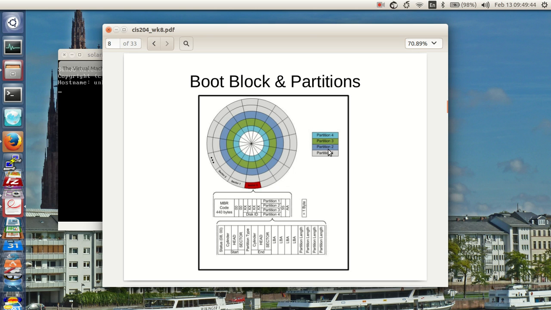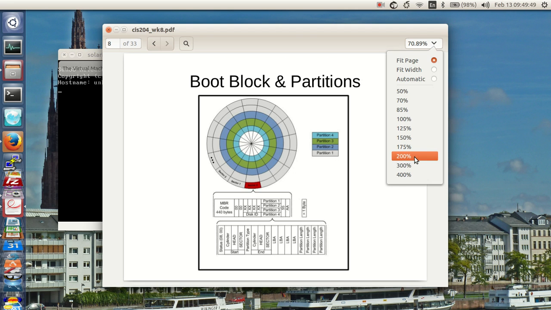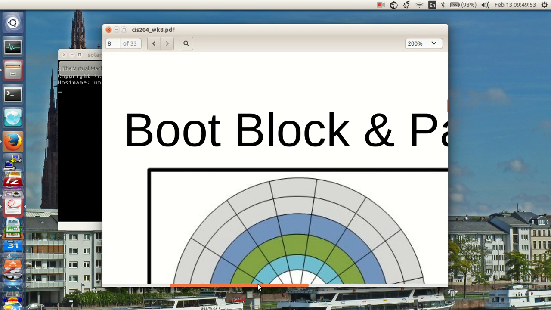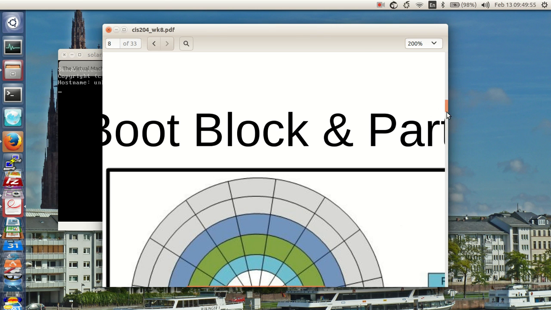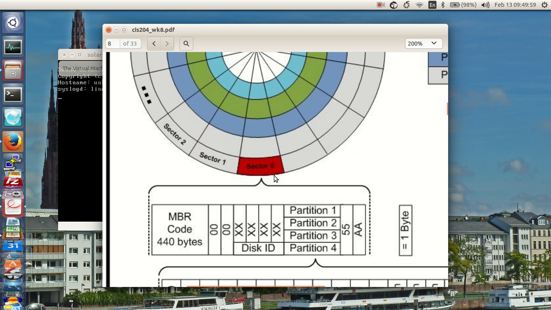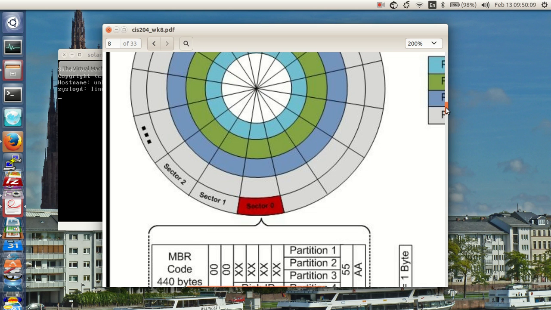So, boot block and partition. I want to scan up on this a bit; we'll take a look at this in a little better detail. Sector 0 contains that boot block. That master boot record is the first sector on the first track in the first cylinder of the disk drive.